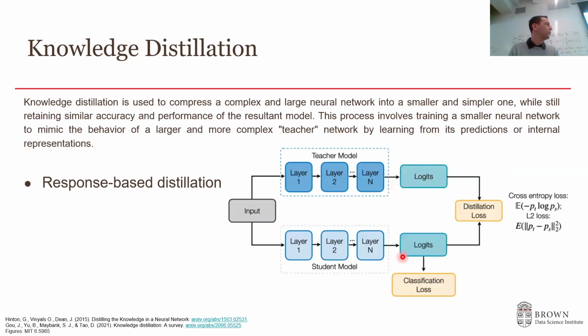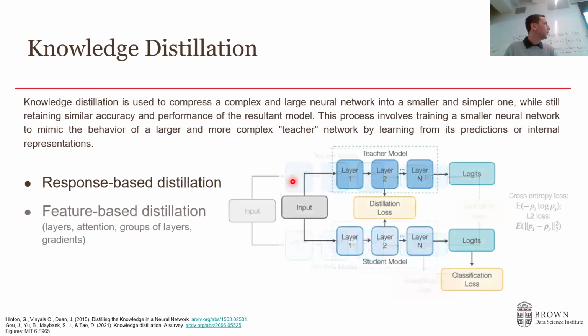We take the output of the student model, and we combine our task loss, which could be a classification, for example, and a distillation loss. A distillation loss computes the distance between the output of the two models. It could be L2 loss. We can convert the probabilities into soft labels and then use cross entropy, for example, and so on. The idea is that the student model will not only learn how to perform the task, but it will also learn how to mimic the larger model, right? Makes sense? All right.